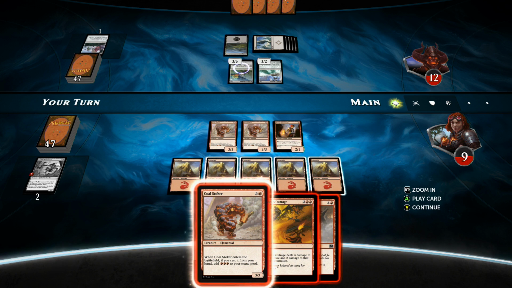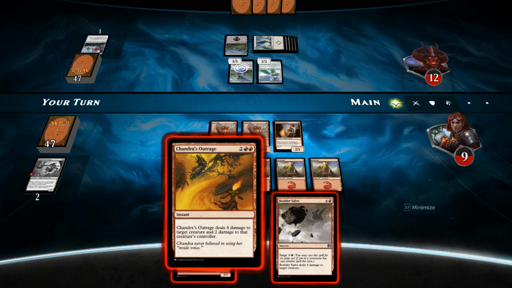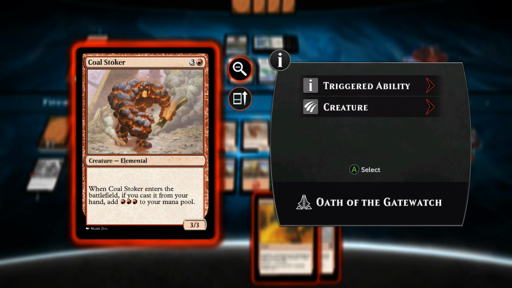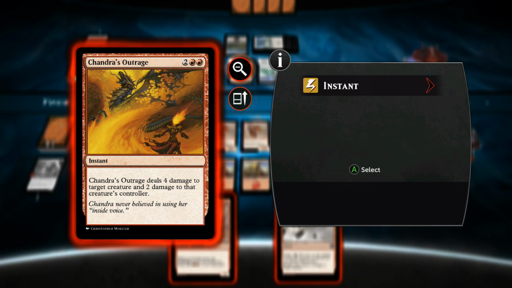So in this instance here, I've got a sorcery in my hand, an instant, and I've got a Cold Stoker. And what a Cold Stoker does, this is how I first realized the bug when I was playing the campaign, it adds 3 red mana to your mana pool, and it costs 4 mana. So if we play it, it's going to add 3 red, and then we're going to have 4 red mana in total. Chandra's Outrage, we could, in a proper priority system, we could cast Chandra's Outrage in our